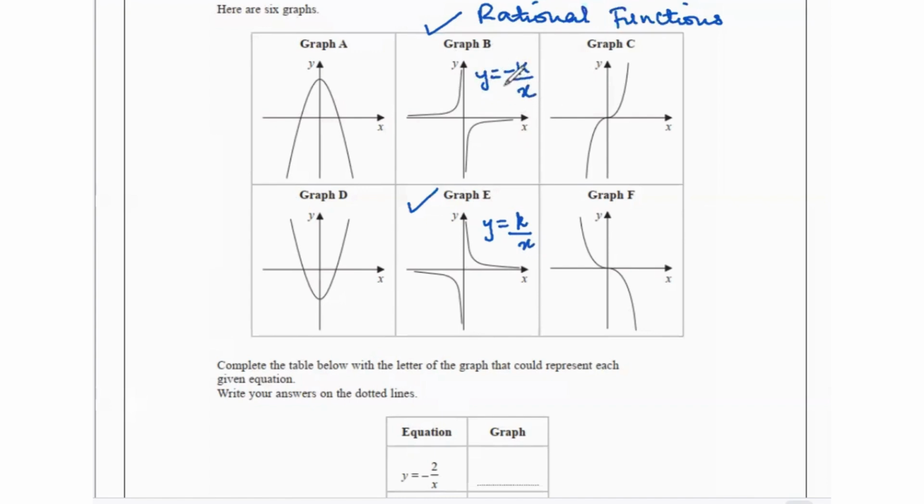So looking at the graphs, we can easily tell that y equals negative 2 over x is B. So let's write B over here for the first one. Then